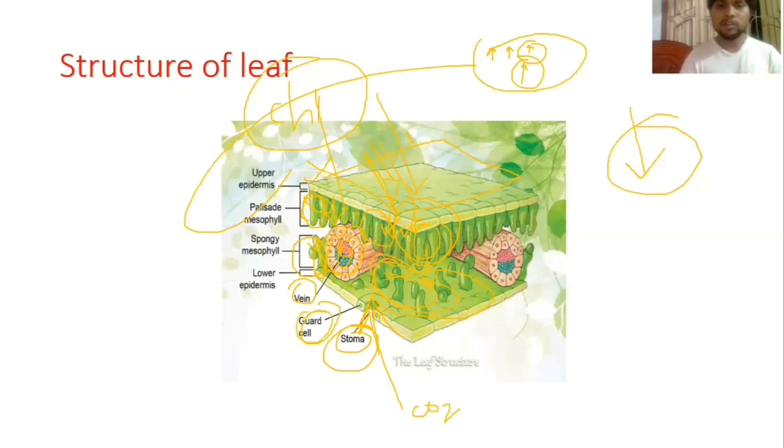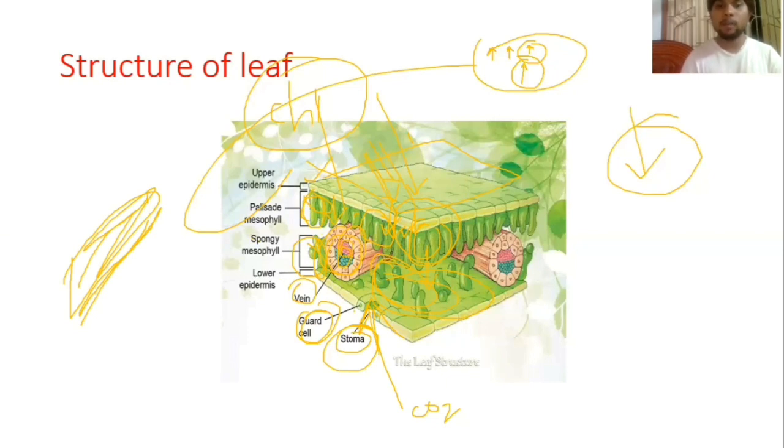Okay, guard cell. We'll see all those things in some other videos. We are not going to bother about these guard cells and all now. So carbon dioxide is entering via stomata. A stomata is nothing but a tiny pore in the leaf. Sorry for the bad diagram. Here in the downside the stomata will be there. The openings will always be in the downside, not in the upper side. Do remember, not in the upper side, always in the downside.